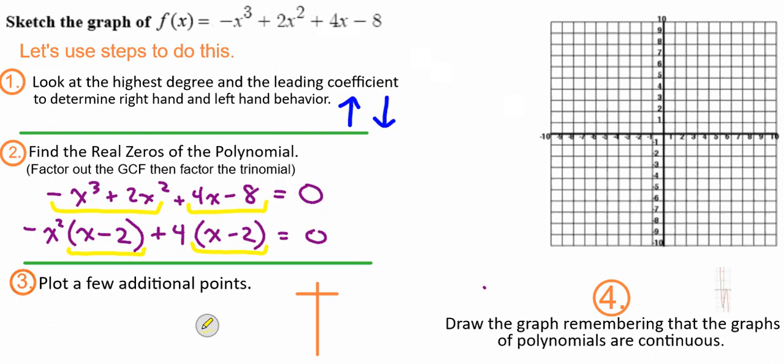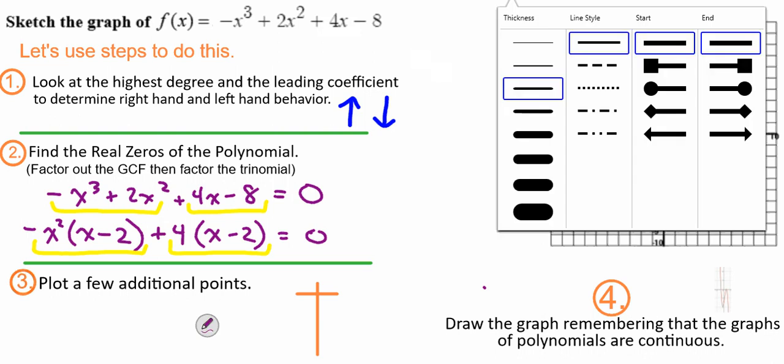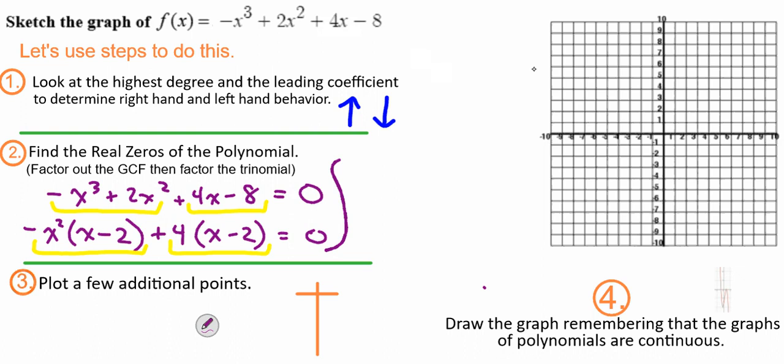All right, so now what we're going to do is look at this whole term right there, because now that's just one term, and this whole term, and we're going to factor out again the GCF. What do those two terms have in common? They have x minus 2 in common. So now we're going to factor out an x minus 2, and we're going to see what we have left behind, and we still have it